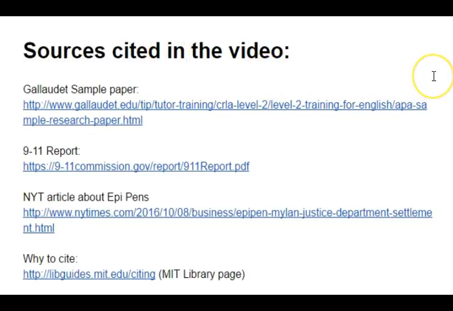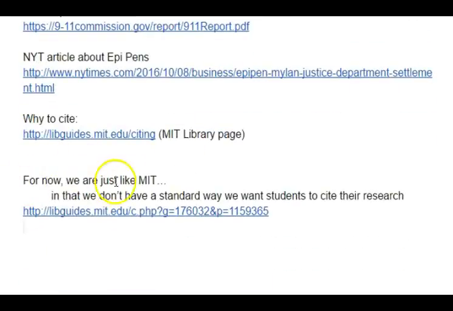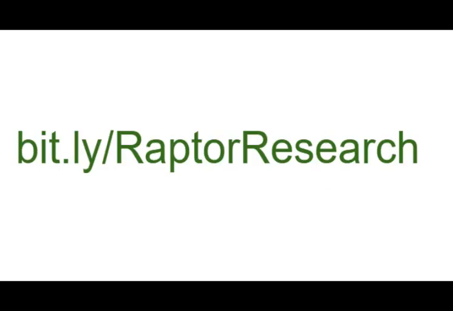And if you scroll down a little bit, it talks about how we're just like MIT, and if you click this link, it takes you to the various standards that folks can use for citing in the different disciplines. And again, because it's hard to click on links in a video, you can get to this document where you can click all those links yourself by going to bit.ly, capital R, Raptor, capital R, research, and that'll get you this whole program,